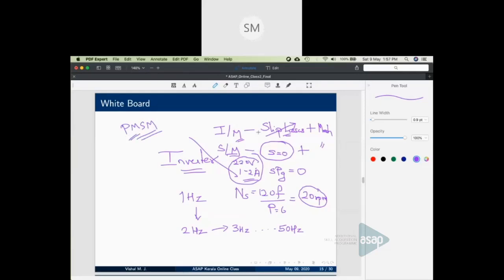Do you feel this is why a BLDC motor is more efficient? Yeah, PMSM and BLDC are exactly the same. They are the same. The only difference comes in the nature of the flux waveform in the air gap. A PMSM has a sinusoidal flux distribution. BLDC has a trapezoidal flux distribution. Okay, that's the only difference. Otherwise, they are essentially the same.